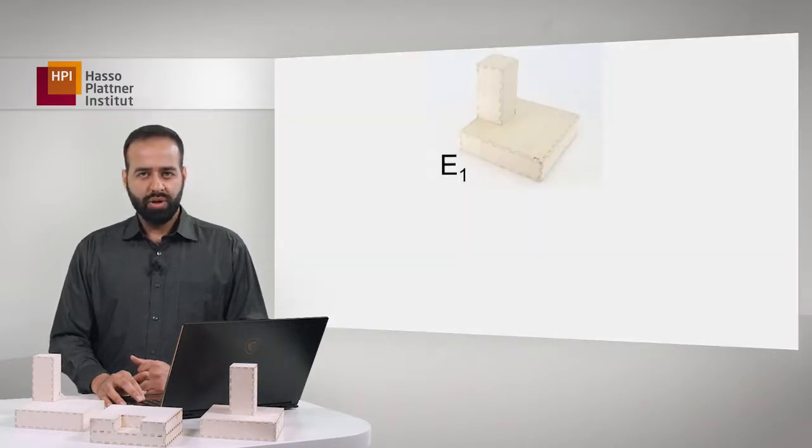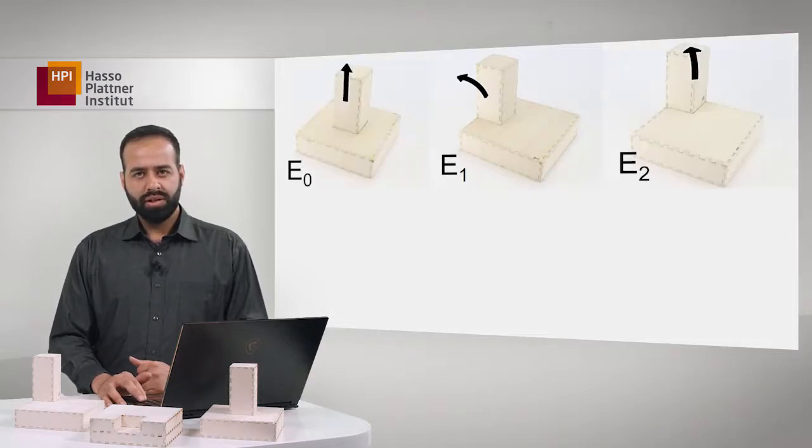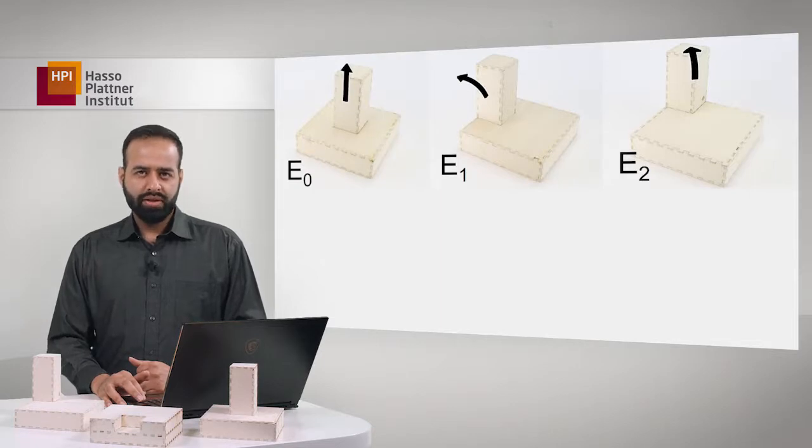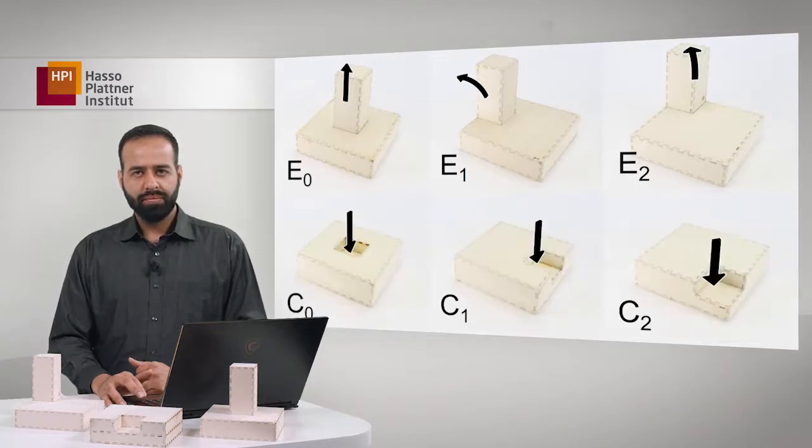We call this case E1 because it's an extrusion connected to one side. And if you bend it in the indicated direction, it will break. And there are other cases. Here the extrusion is connected from 2 sides, or it is completely disconnected. The important thing is that all of these points of failure fall into the category of extrusions that can be broken, or in the opposite form, cavities that can be pushed in.